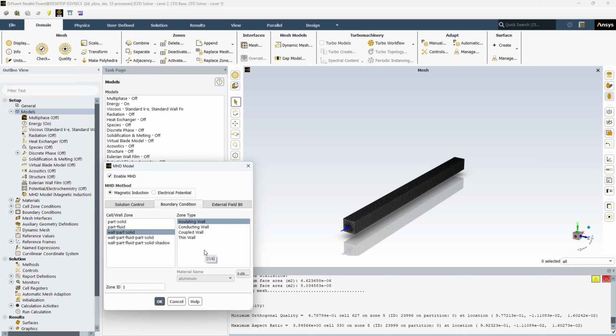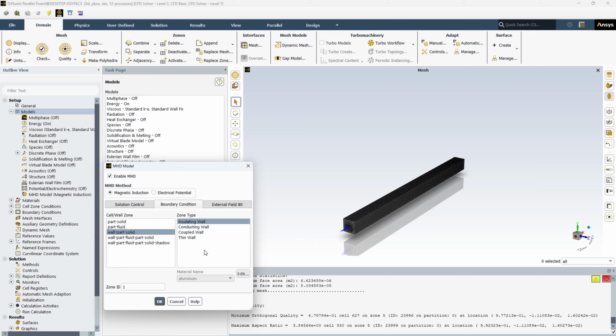In case of insulating wall, an insulating wall is a boundary condition in which the wall is considered as a perfect insulator. This means that it does not allow any heat to pass through it. In Ansys Fluent, this is represented by setting the wall heat transfer coefficient to 0. This condition is typically used in situations where the effect of heat transfer through the wall is negligible compared to